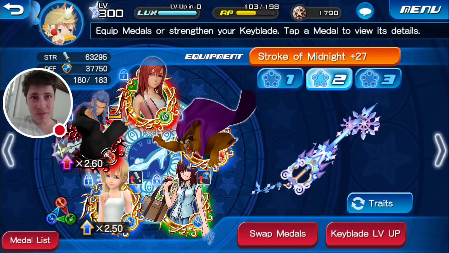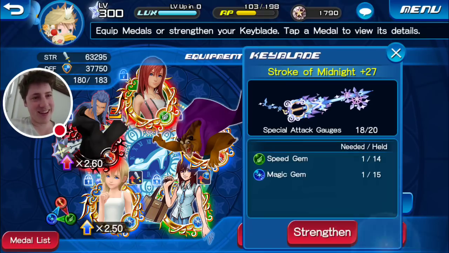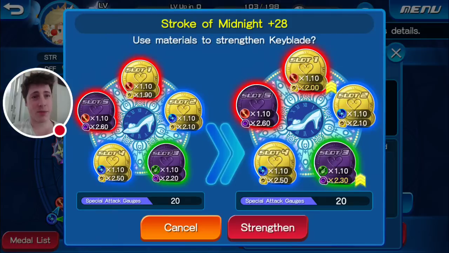Alright. What am I actually saving for? Speed gems, I've pretty much blown all the ones I want to blow on Divine Rose already. Sleeping Lion, I have no good upright speed medals, so I was going to skip Sleeping Lion completely for now. The next one to come out is the reverse. Well, there should be a reverse power metal Keyblade coming out in the next set of Proud Mode quests. So I need power gems for that, but